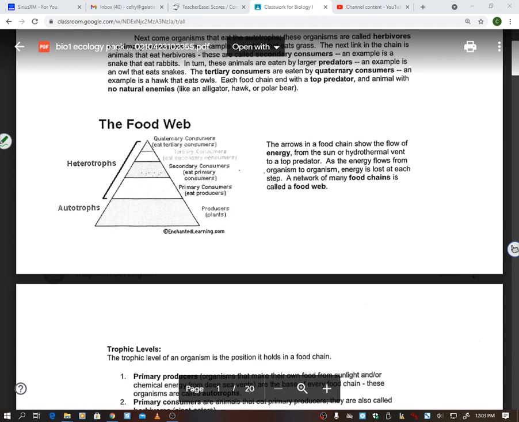All right. Another big one here is it says arrows in a food chain show the flow of energy. So if I have grass and I draw an arrow to grasshopper, a lot of times kids are like, that looks like the grass is eating the grasshopper, and they get confused by that, and I'm like, no, it's not. It's just showing that the energy from grass is now going to the grasshopper. So that's how we'll draw the arrows.